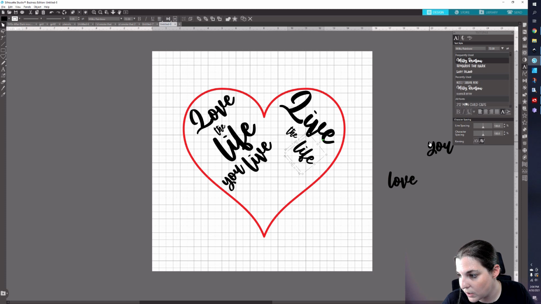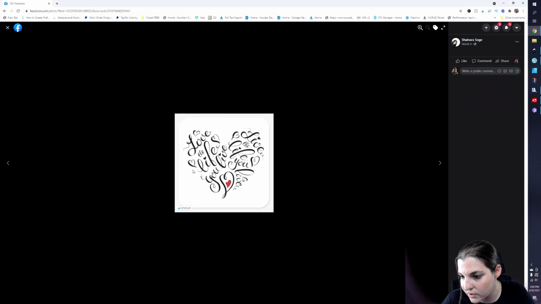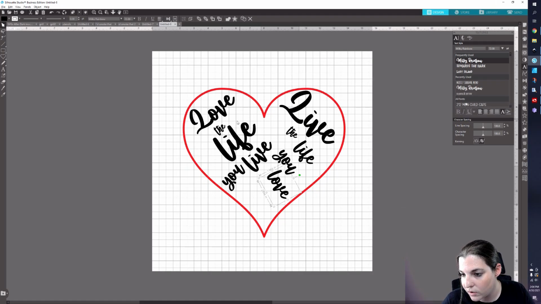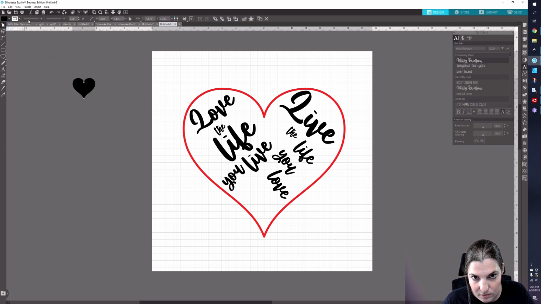Basically, you're just manipulating the text so that it will fit into the spaces that you are trying to fit it into, okay? And it looks like this person who designed this, again, it really just looks like something that's hand-lettered, had included different shapes in here. So for the purposes of this, I am going to